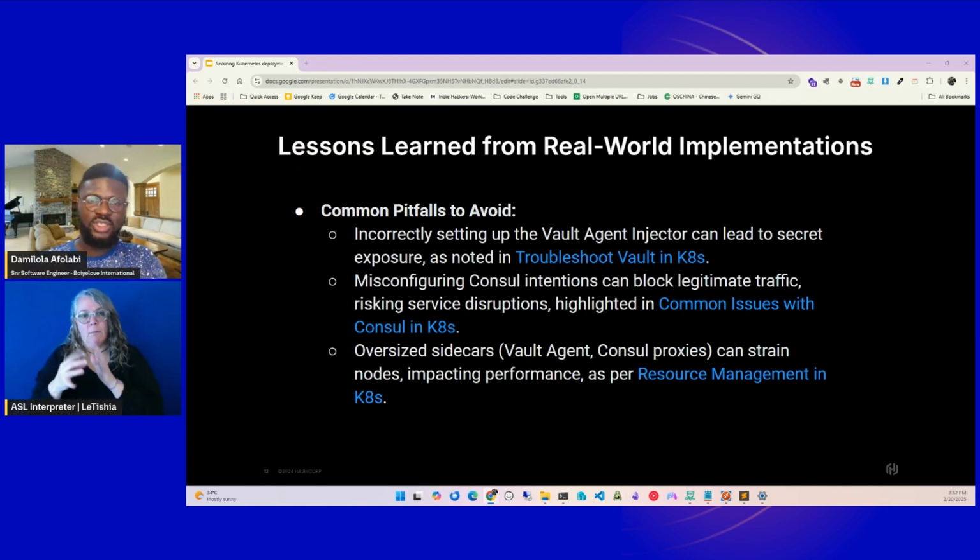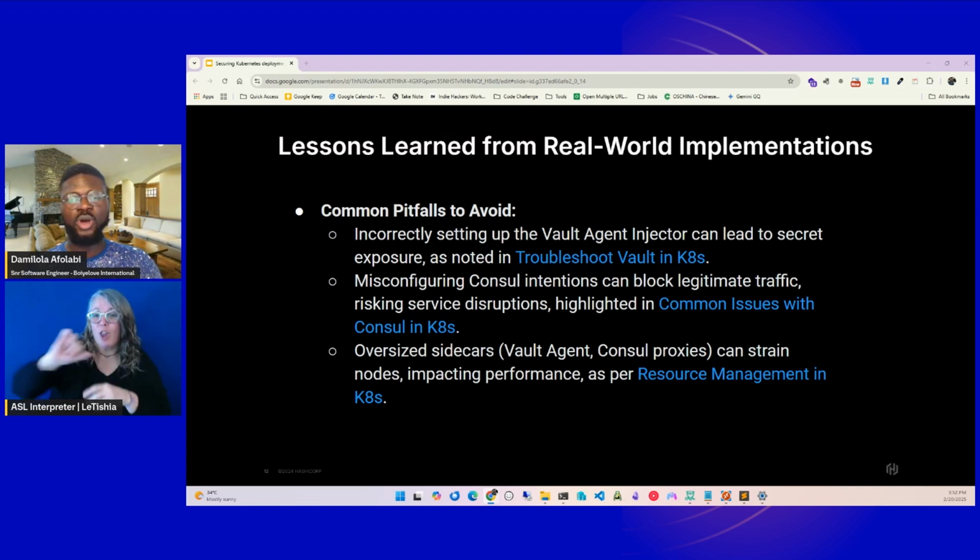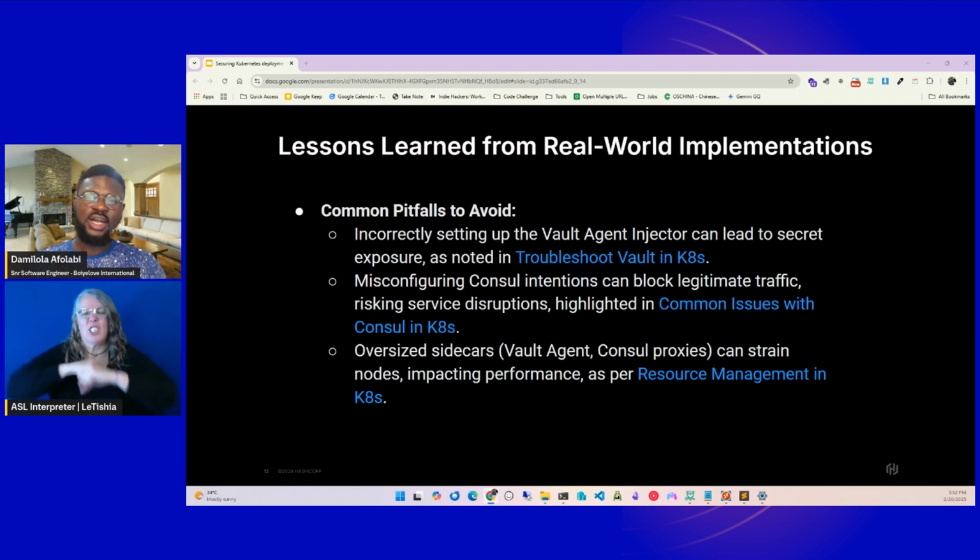The Vault agent injector automatically injects secrets into Kubernetes pods, but if misconfigured, say with wrong permissions, annotations, or network policies, the secret might be exposed in logs, environment variables, or pod specs, violating security best practices. This issue is detailed in HashiCorp's troubleshooting Vault in Kubernetes documentation if you'd like to